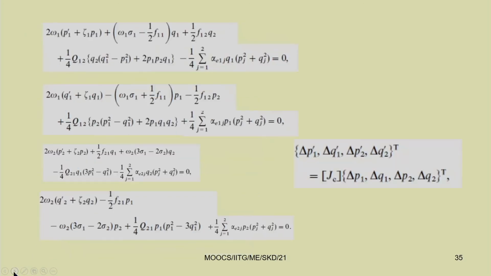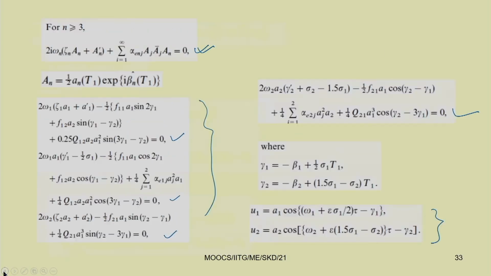One can observe that due to the presence of the term a gamma dash, we can show this reduced equation. In this reduced equation you just see the term a 1 gamma 1 dash. In the first case we have a 1 dash, second case a 1 gamma 1 dash, third case a 2, and fourth case a 2 gamma 2 dash.